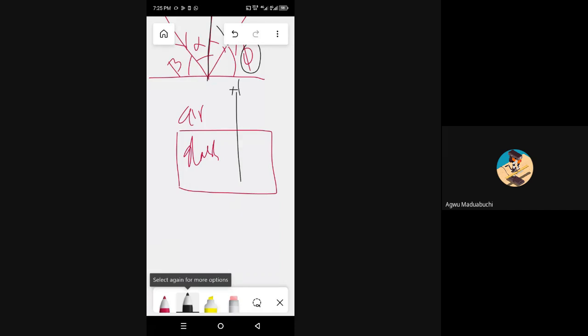So this is the incident ray. This is the reflected ray. This is the angle of incidence. This is the angle of refraction. So what are the laws of refraction? The incident ray, the reflected rays, and the normal ray at the point of incidence all lie on the same